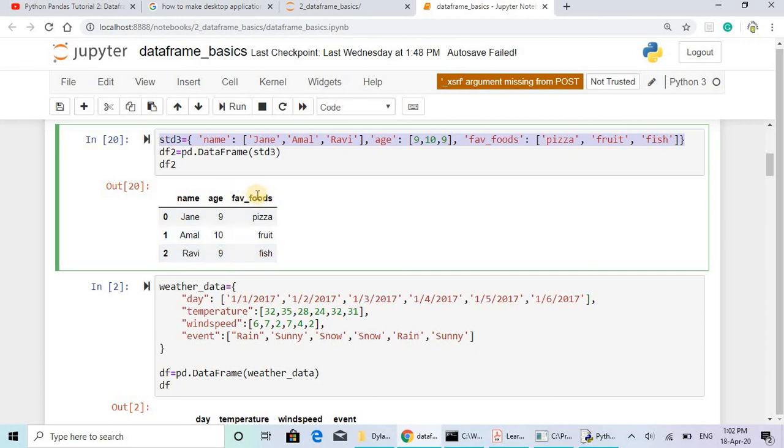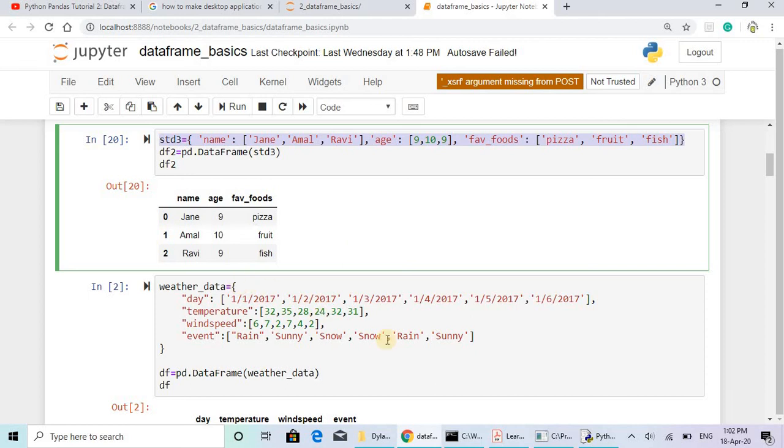Favorite foods is the third index, and these are the values. And the list index is this 0 1 2. Okay, name 0 is Jane, name 1 is Amal, name 2 is Ravi. Like that, age 0 is 9, age 1 is 10, and age 2 is 9. Okay, like this way it is storing in dictionary.